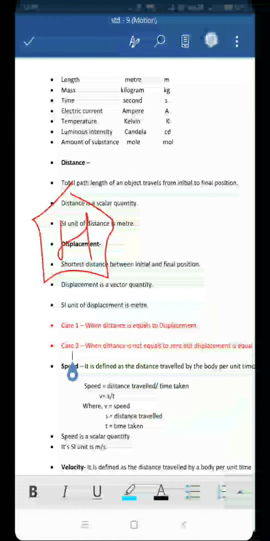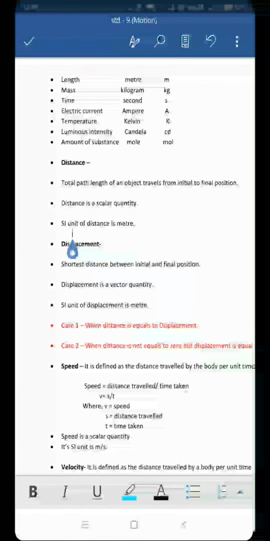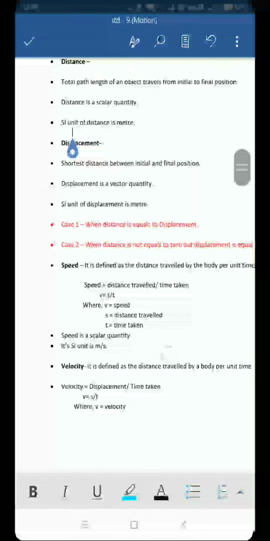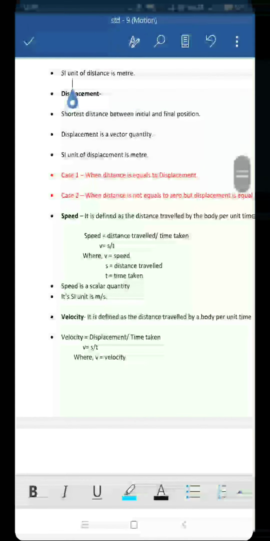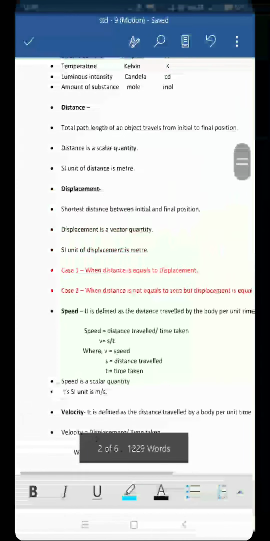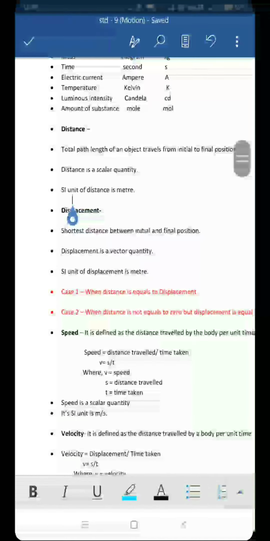Now I hope you are able to understand what is distance and displacement. Distance is a scalar quantity and displacement is a vector quantity. I have already told you. Now we introduce two